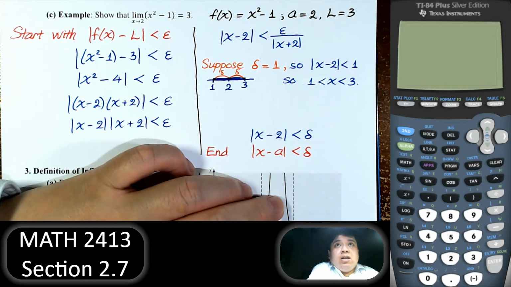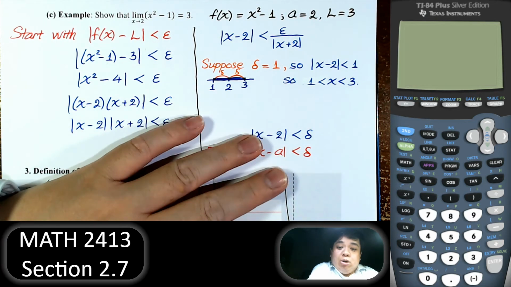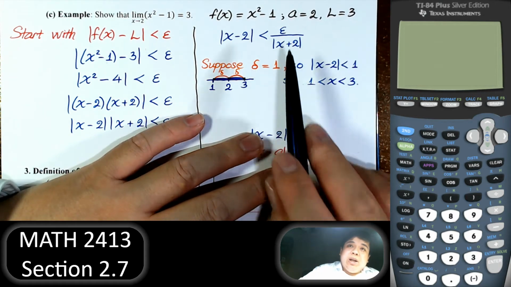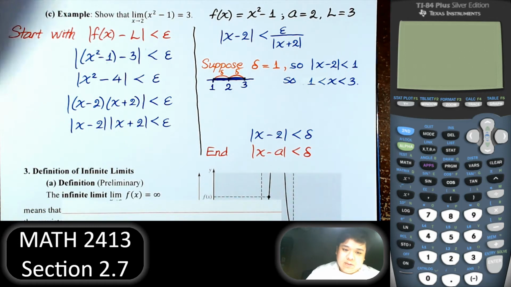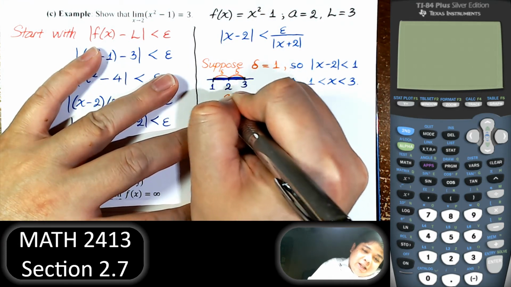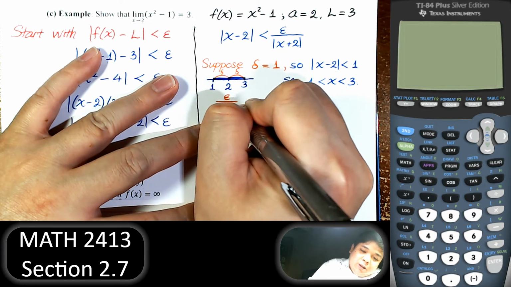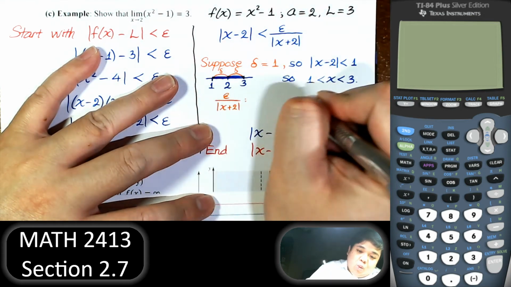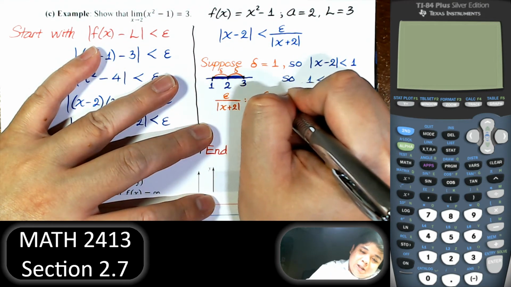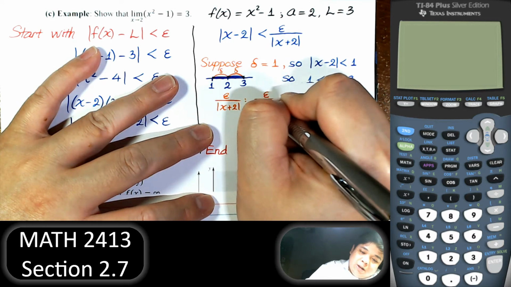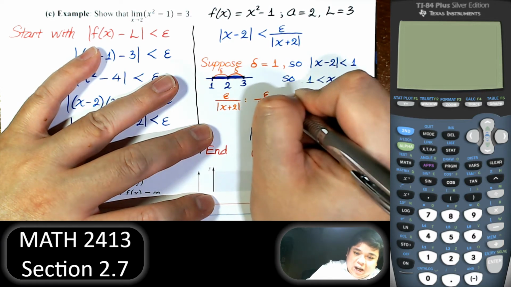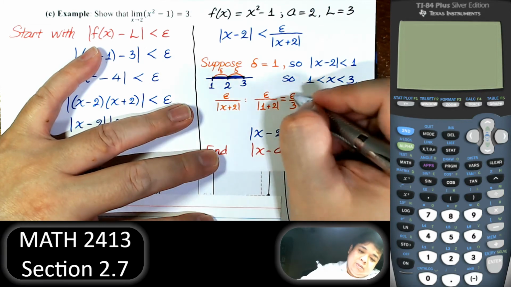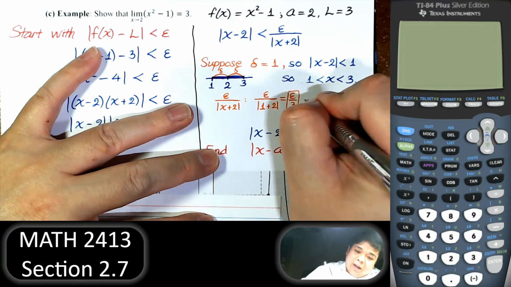Right? Suppose delta equals 1, then x is between 1 and 3. Now, if x is between 1 and 3, you put 1 and 3 in here: epsilon divided by x plus 2. If you put 1 in it, what do we get? Epsilon divided by 3, right? Now if we put 3 in it,